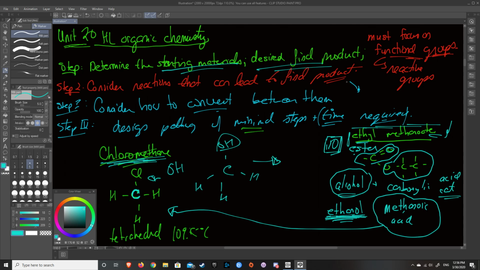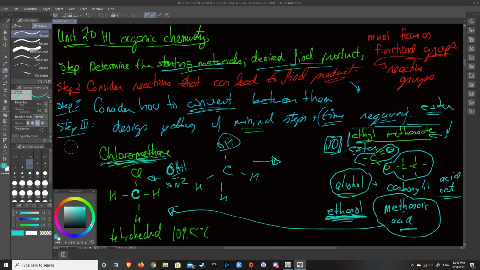Consider the reactions that can lead to this final product. We broke up the esterification reaction into alcohols and carboxylic acids. And we've understood that chloromethane can lead to a carboxylic acid through a substitution reaction, through an SN2 pathway, with hydroxide to form an alcohol, and then we can oxidize that to methanoic acid. Now we've figured out how to convert between the final things, and then we want to do it in minimal